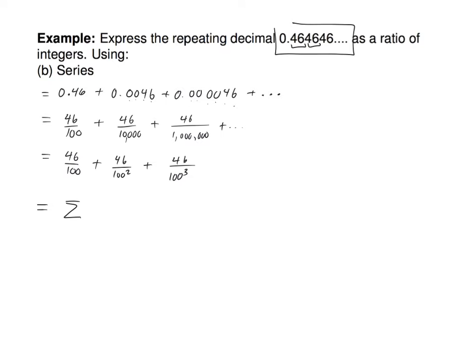So putting that in a sum, I'm going to start my sum at 1 because I think it's easier, and then you could reindex it. n from 1 to infinity. Does the 46 change? No. So you have 46 times 1 over 100 to the power of n. And that's your geometric series. I don't have all the time I wanted, so you'd have to reindex and go from there, but you're going to get the same answer as algebra.